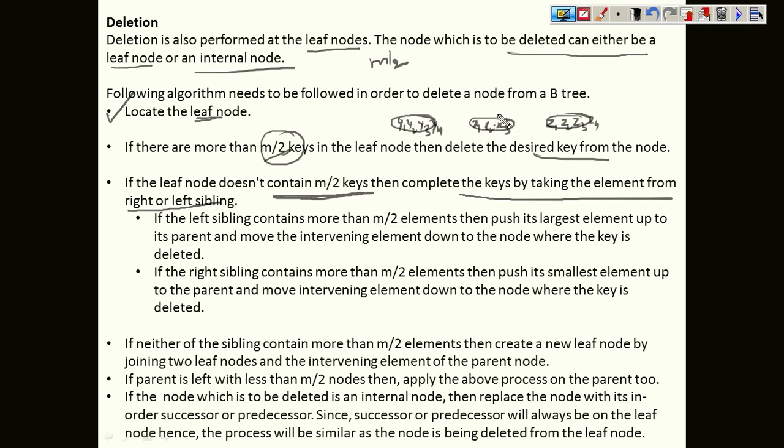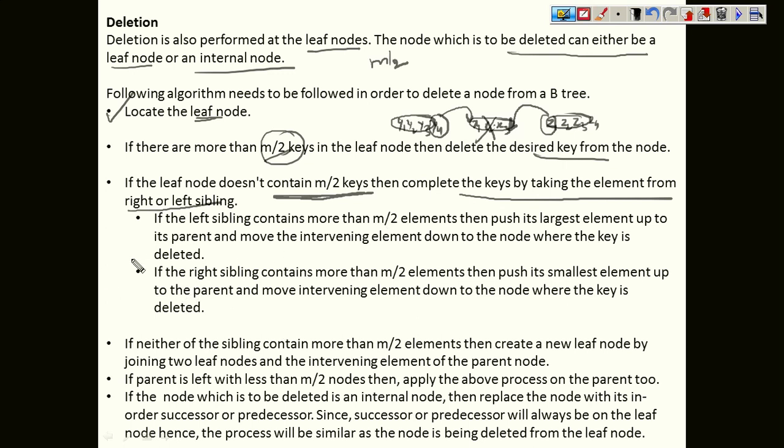Now we are assuming that every node must have minimum 3 key values. Now let's say you are deleting x2. Now when you delete x2, that means this node does not maintain the minimum key values. So what is required? Either you have to pick one value from the right subtree and keep it here, or you can pick the maximum value from the left subtree and keep it here. These are the two possibilities that we have to do to maintain this property.